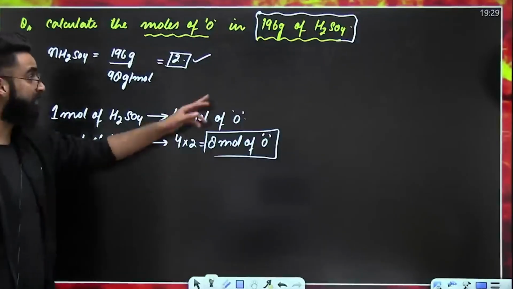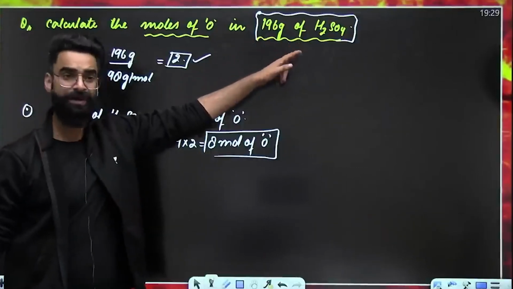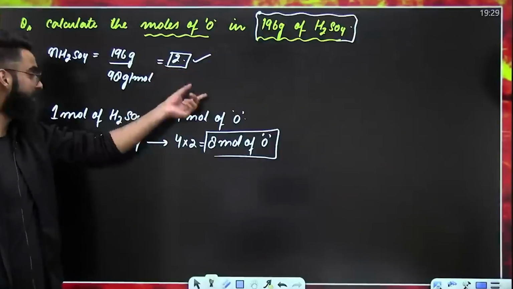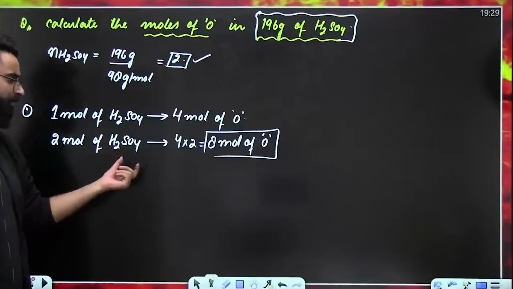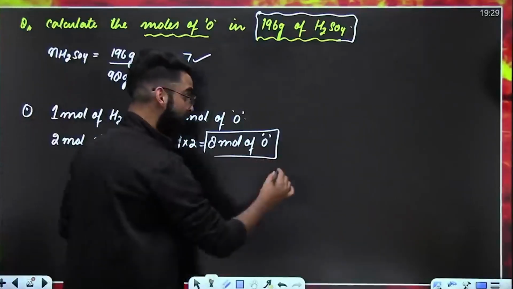We got to know that we have 196 grams of H2SO4. That means we have 2 moles of H2SO4. In 1 mole H2SO4, there are 4 moles of O. So 2 moles of H2SO4 will have 8 moles of O. 8 moles of O means